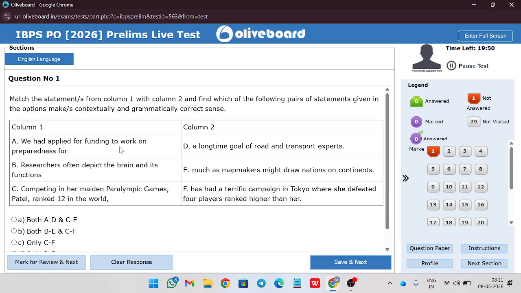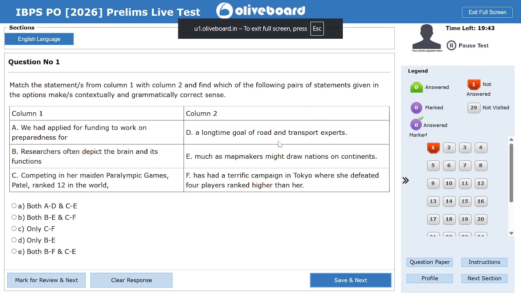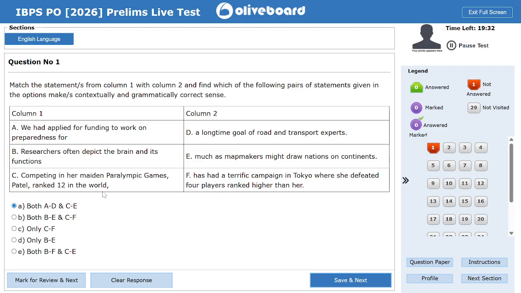We had applied for funding to work on preparedness for a long time goal of road. Researchers often, okay AD हो सकता है. CA competing in her maiden Paralympic Games, battle rank 12 in world as a test mass as